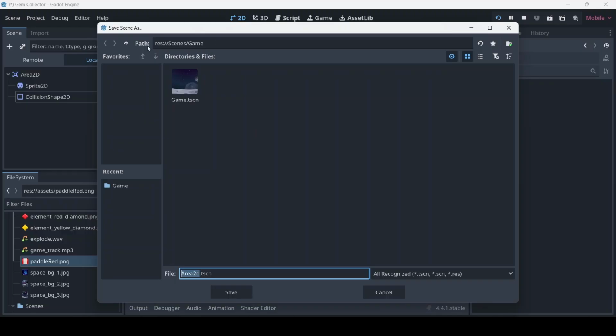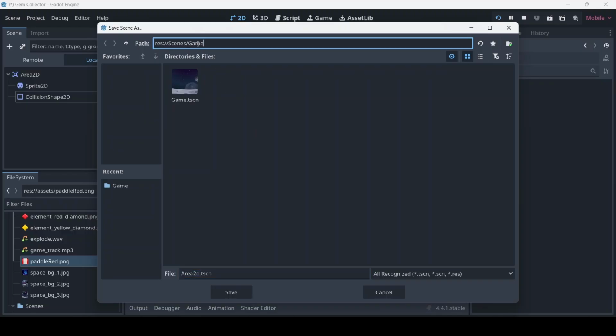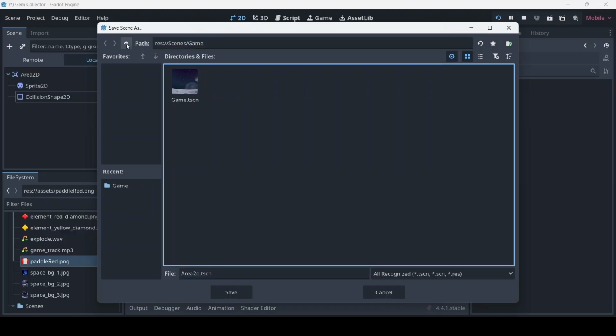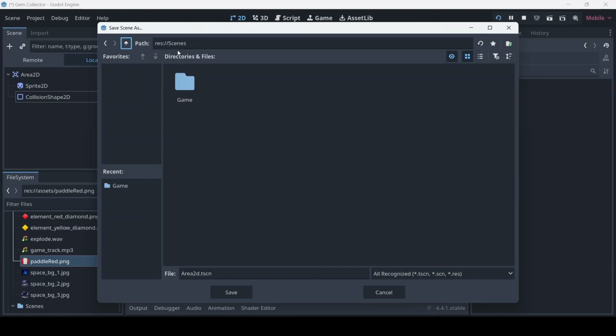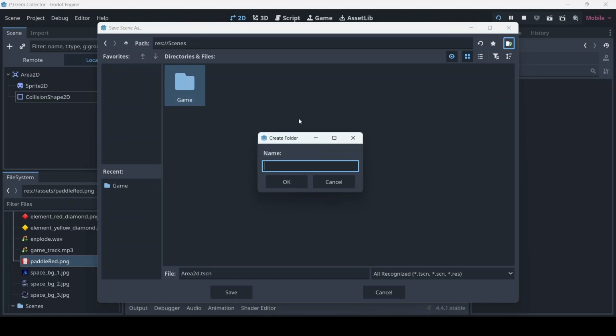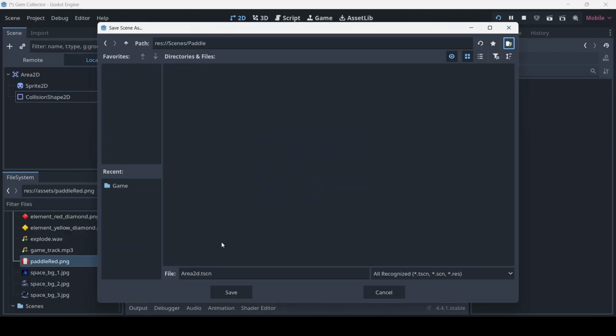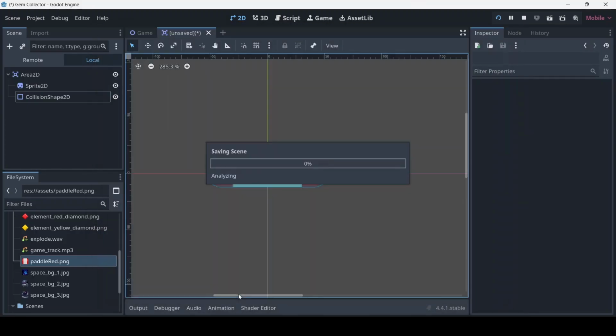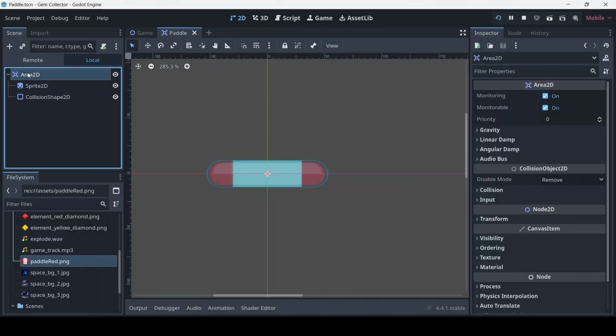Let's go back. We are currently on the game scene folder. Let's go to the parent folder, this one, scenes, and this is the game scene. Add another folder called paddle scene. Okay. And then inside this paddle scene, let's rename this to, oh, it's area 2D because we didn't name this to paddle. But we'll name it as paddle. Click save and also let's rename this area 2D to paddle. To rename, just double click it,